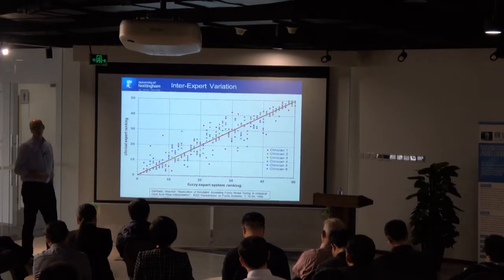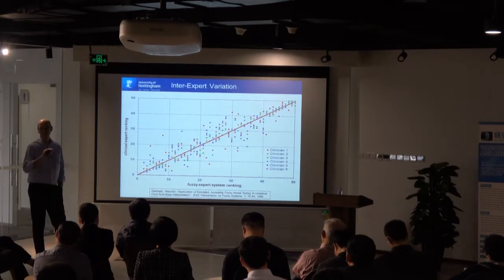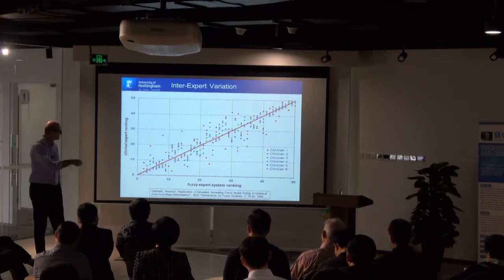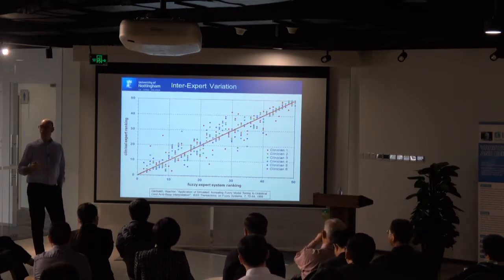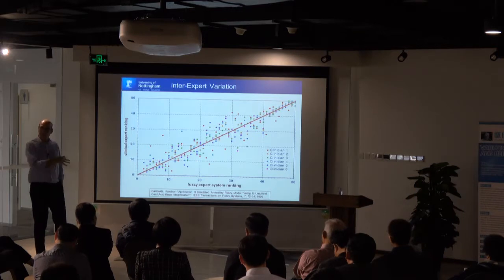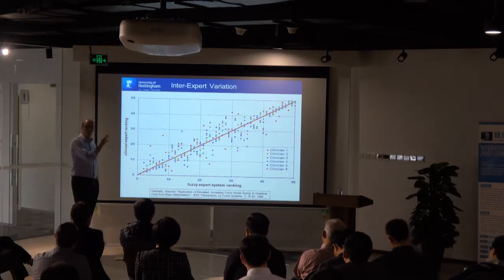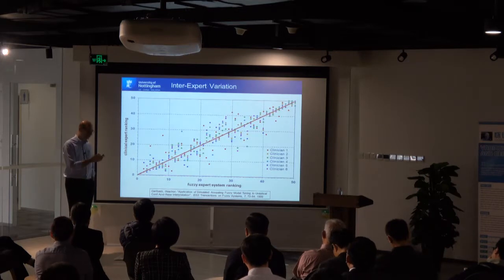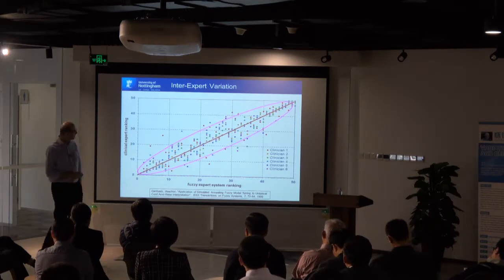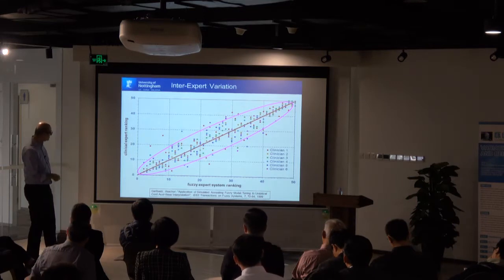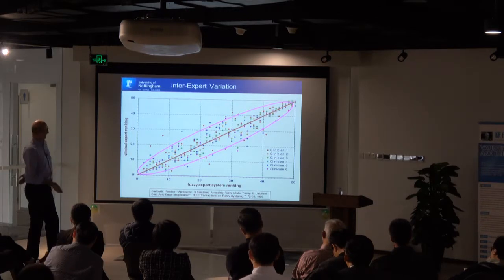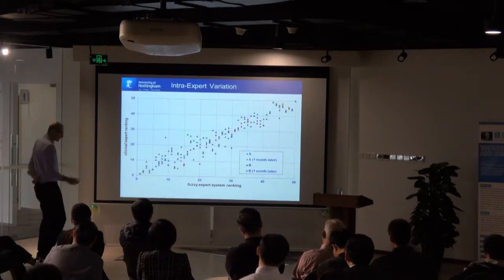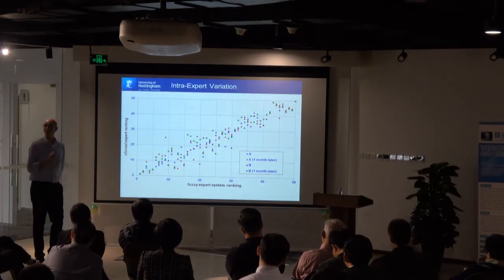Actually, we can calculate something called the Spearman rank order correlation. The Spearman rank order correlation for a straight line would be 1. The Spearman rank order correlation for this data is 0.95. So that's very good agreement. It's not perfect agreement, but it's very good agreement. But somehow there's some pattern of variability. Perhaps at the extremes there's less variability, perhaps in the middle there's more variability. Anyway, I started getting interested in this, and I did a second experiment.